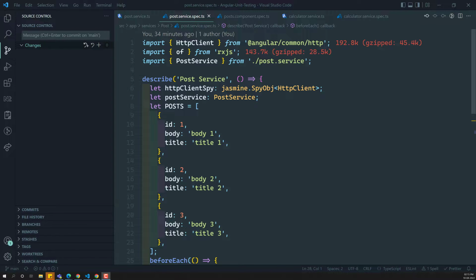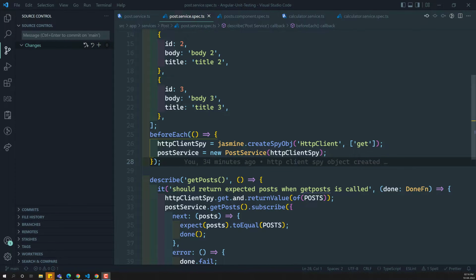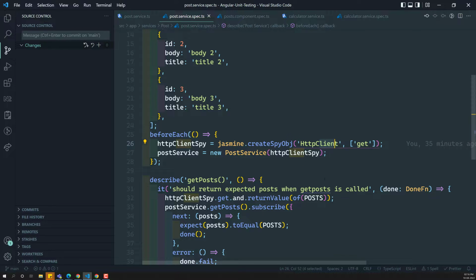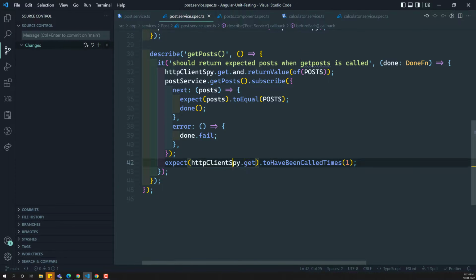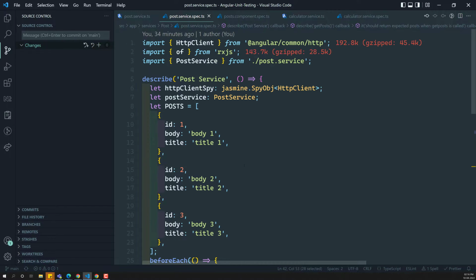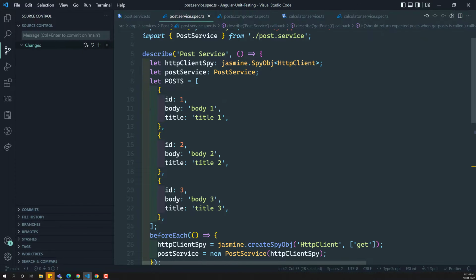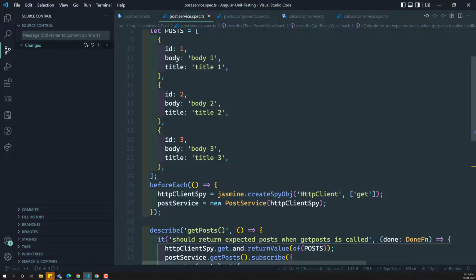In the previous video, we have seen how to create a spy object for the HTTP client. We created a get method spy, and we also saw how to check whether it has been called one time or not. If you look at this code, it works very well. It's not a problem. We have created an HTTP client spy object and it is not calling the network. Now the problem is,